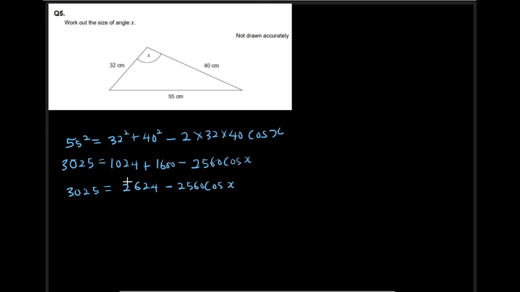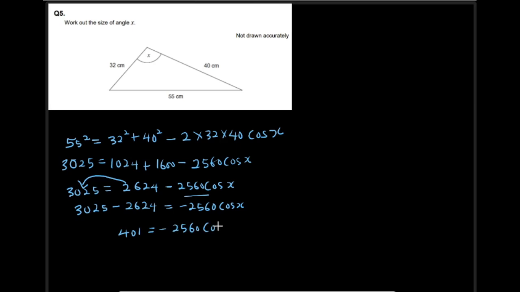So we take 2624 to the other side of the equation, and it's going to be 3025 minus 2624 equals, we'll be left with minus 2560 cos x. So simplifying, 3025 minus 2624 is 401, equals minus